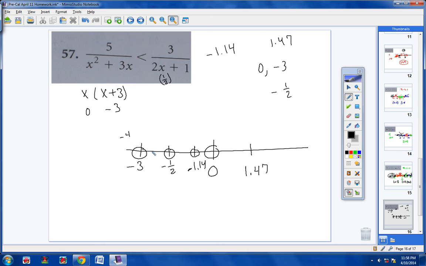Okay, so just real quick, if I were to test a number to the left here, it would be negative 4. If I were to test a number here, I'd probably test negative 1. If I were to test a number here, I would probably test negative 0.2. And if I were to test a number here from 0 to negative 1.14, it would probably be negative 1. And then between 0 and 1.47, I would test 1, and over here I would test 2. Now again, to save time, the regions that do work on this right here would be from negative 3, let's see, to